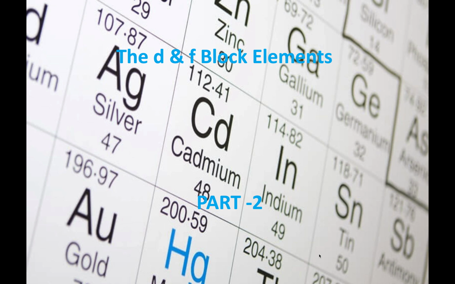So before we proceed with the section, I would like to tell you about ionization enthalpy. So what is ionization enthalpy? You can see this term in this lesson more frequently. It is nothing but the minimum amount of energy required to remove the most loosely bound electron from an isolated gaseous atom to convert it into a gaseous cation. Its unit is electron volt per atom.